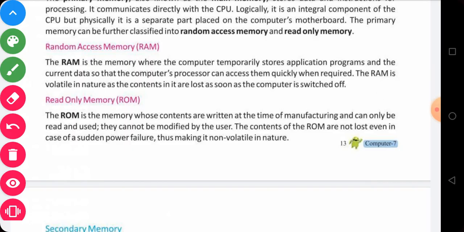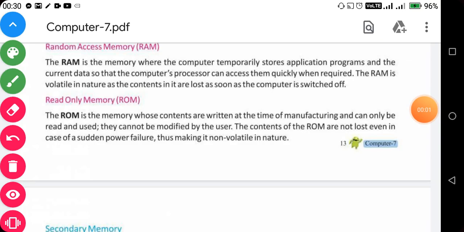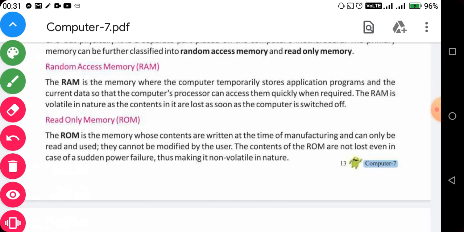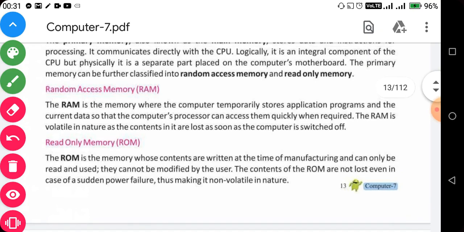Second one is ROM. That is mainly hardware based. It is pre-installed on the computer motherboard, and it generally does not lose its memory after we switch off the computer. ROM is generally a memory whose contents are written at the time of manufacturing. That is, in the ROM the instruction set is inserted. So when we turn on the computer, it checks all the hardware to see whether it is working or not. Such instructions are inserted in ROM. So the main difference between RAM and ROM is that RAM is volatile, whereas ROM is non-volatile.